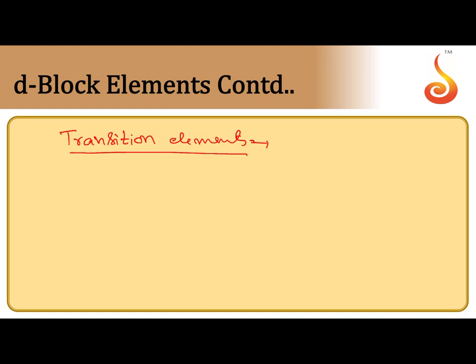and inner transition elements. To become transition elements, they should exhibit certain specific characteristic properties like exhibiting color, paramagnetic nature, etc. To become a transition element, at least one unpaired d electron should be there. So, the n minus 1 d subshell must be incomplete, with 1 to 9 electrons. Only then can such an element exhibit the characteristic properties of a transition element. So, that is considered a transition element.